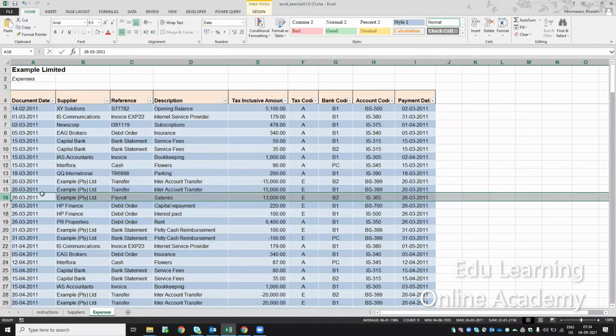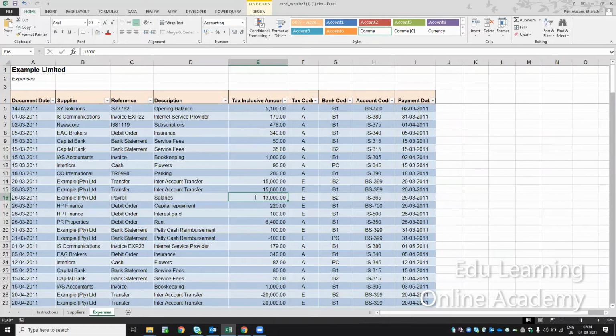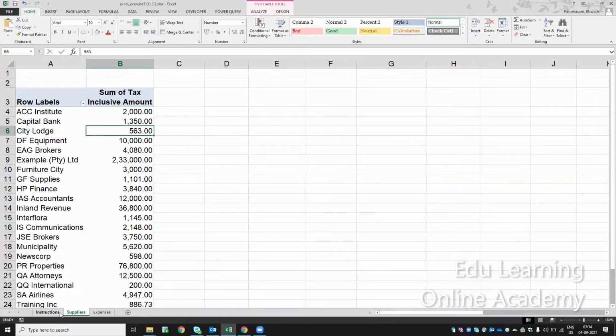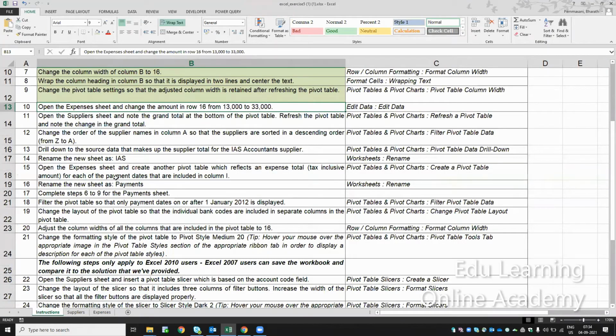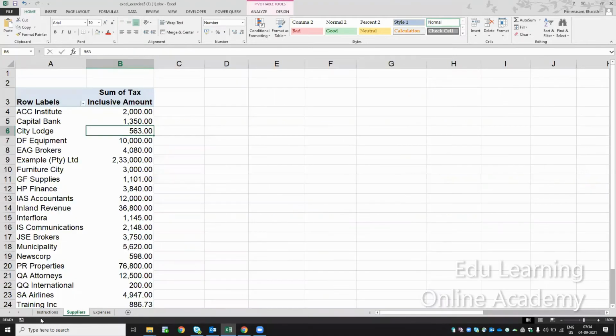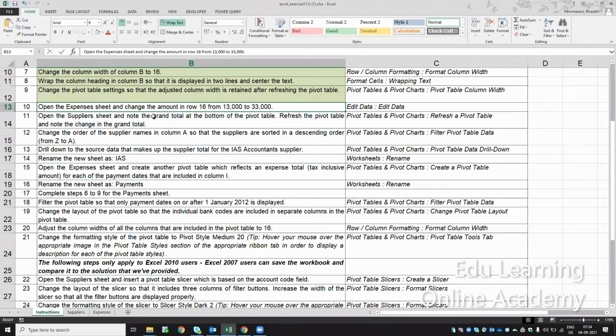The amount in row 16 is 13,000, and they're asking me to change it to 33,000. So I have done this, 13,000 to 33,000.